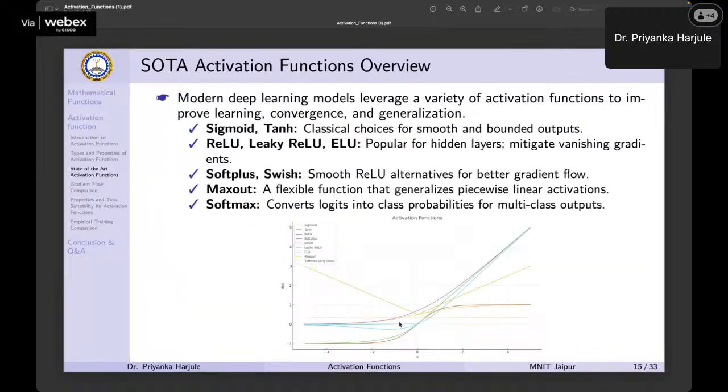So this is an overview of some modern activation functions, that is the state of the art, commonly used in deep learning architectures. First is the ReLU, rectified linear unit. You can see the ReLU here. We will see their individual graphs in the coming slides. You have the ReLU, leaky ReLU, and ELU. They are popular for hidden layers because